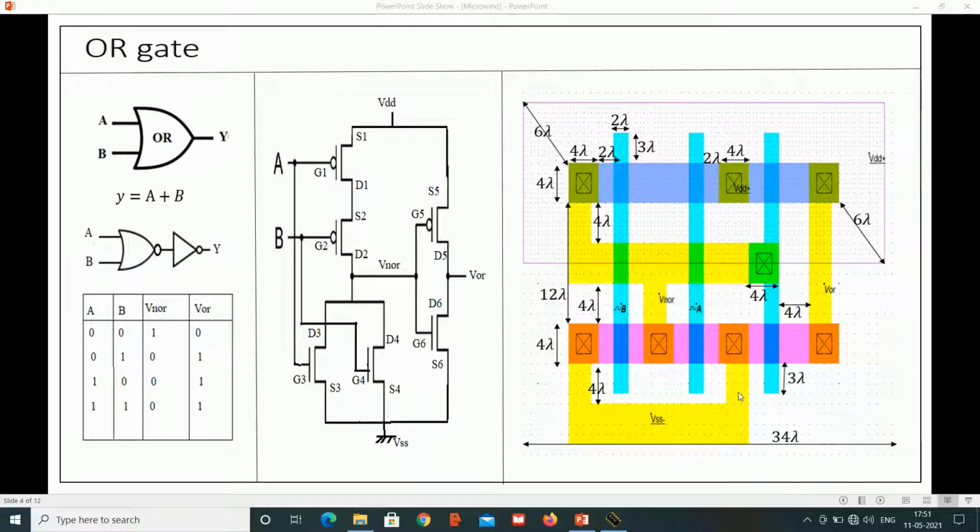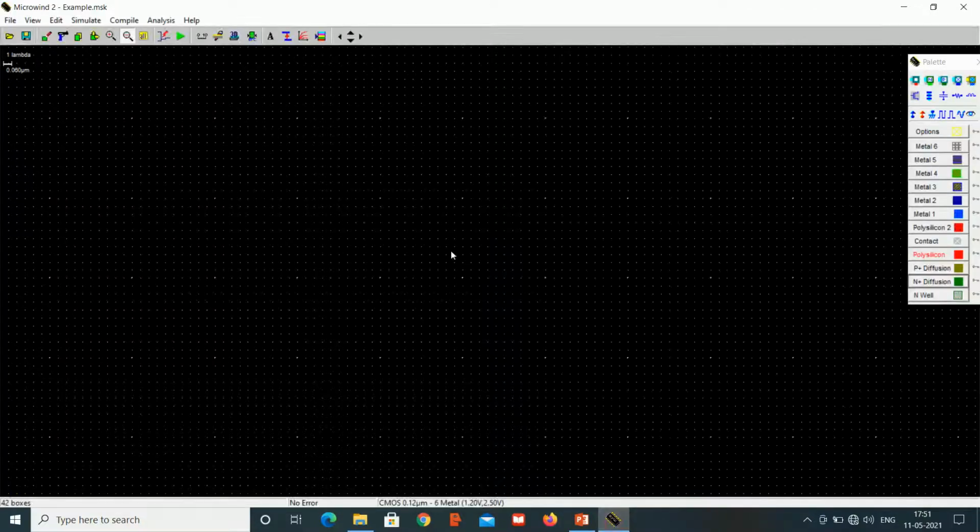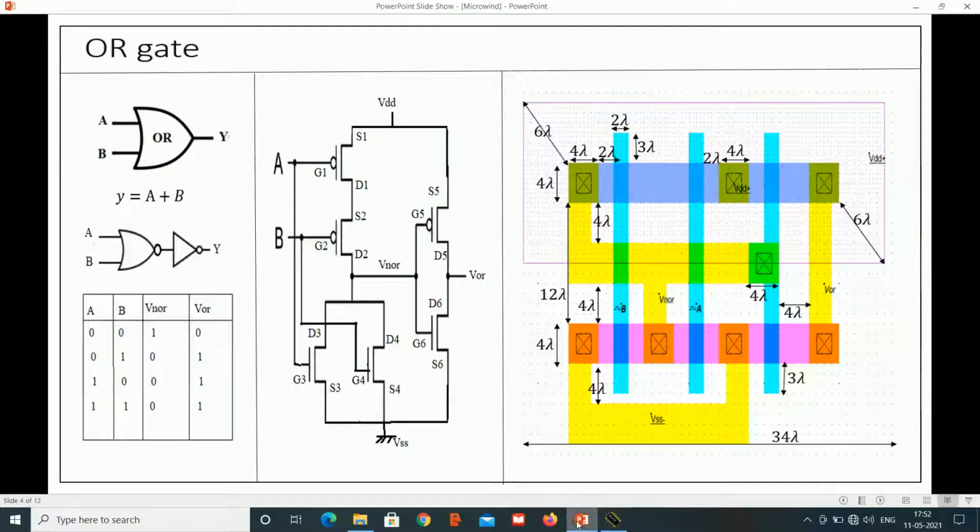So now let's design this at layout level in Microwind software. The Microwind technology we are working at is 0.12 micrometer, and from point to point the length is 1 lambda. So first let us design this NOR gate and connect it as input to this inverter. For that, first let us do this N plus and then this P plus.